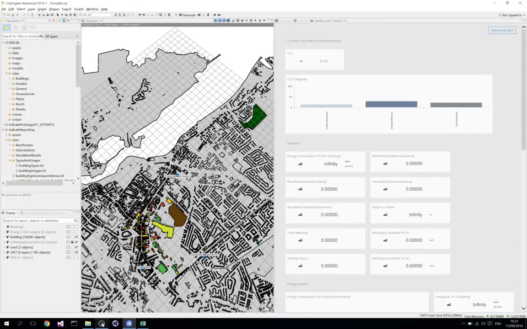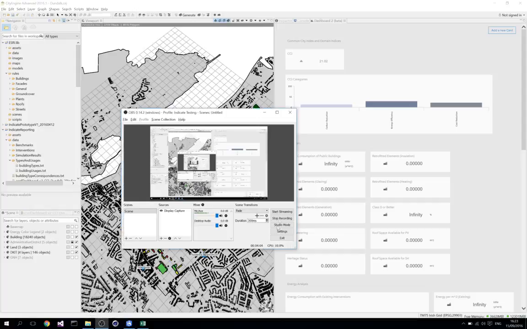Okay, thanks very much. That's the Common City Index, the domain indices, and the indicators. Next is time for